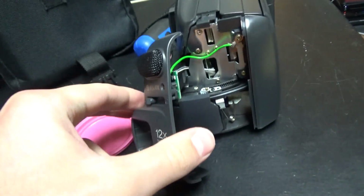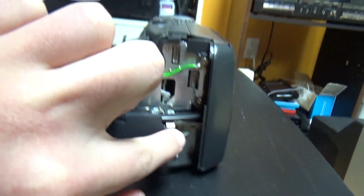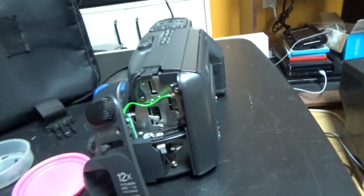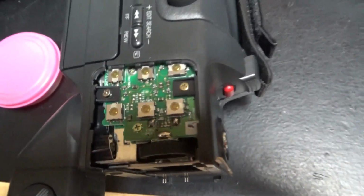And under the front there are two screws here, and it seems that these screws hold the front, so it's this part that we want to remove. Well, this really is not the easiest camcorder I took apart. You can see here behind this